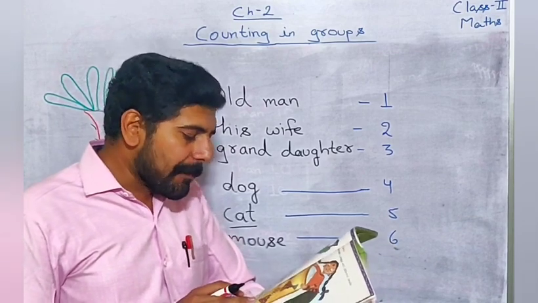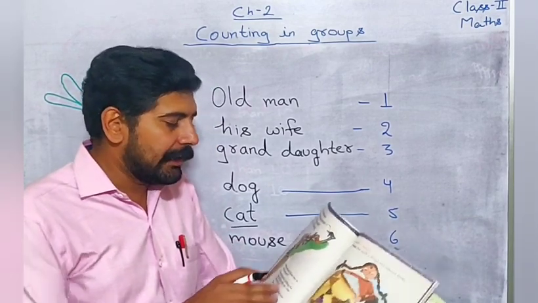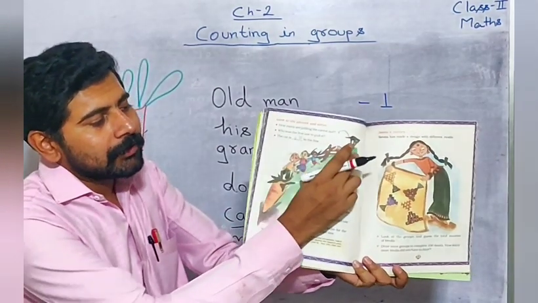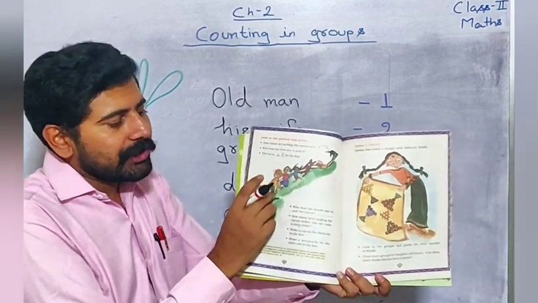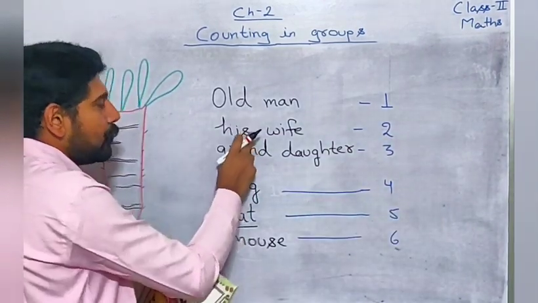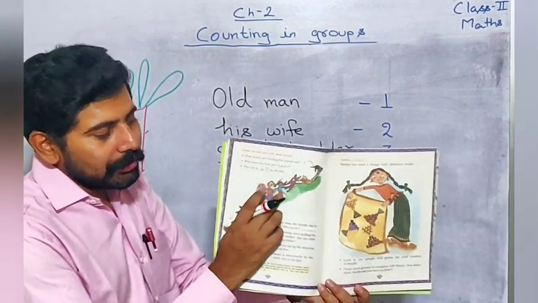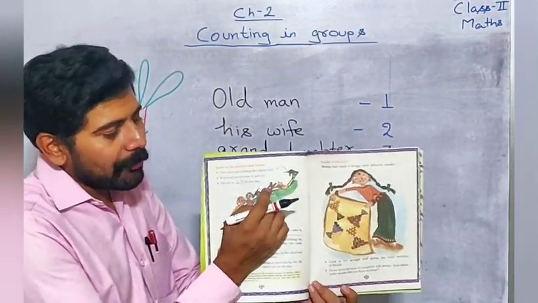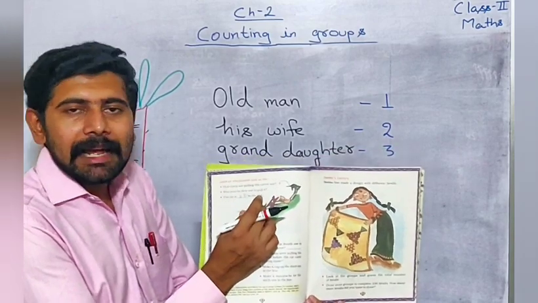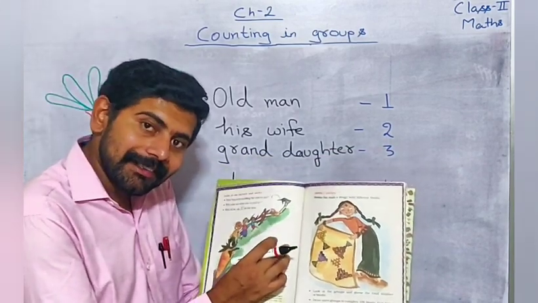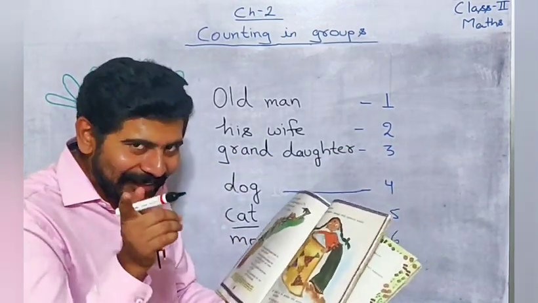Then make a cap on the 3rd one in the line. We are given the sequence. Now which is the 3rd one? 1, 2, 3. At 3rd, granddaughter is there. She is the granddaughter. Now we have to make a cap over her head. Can you make? Yes. You love drawing, na?